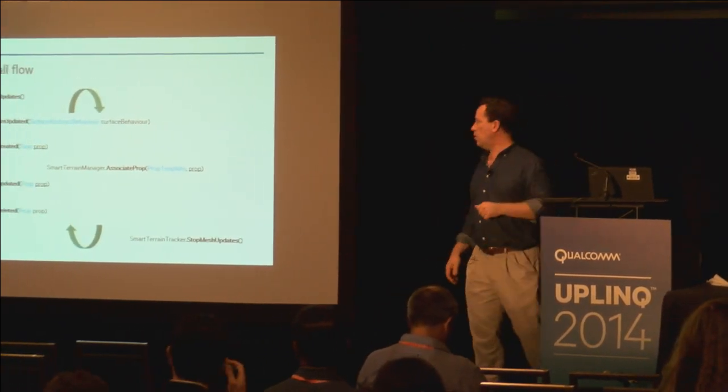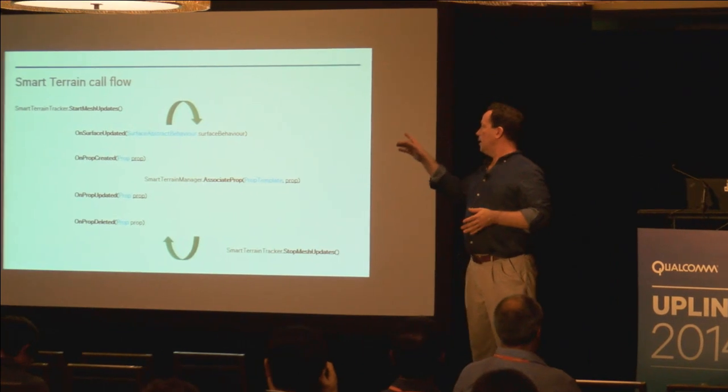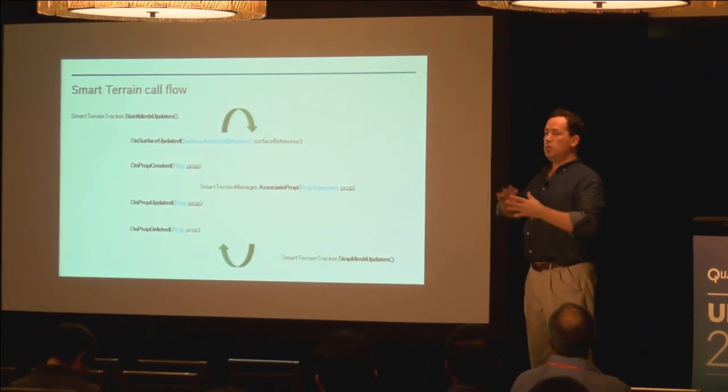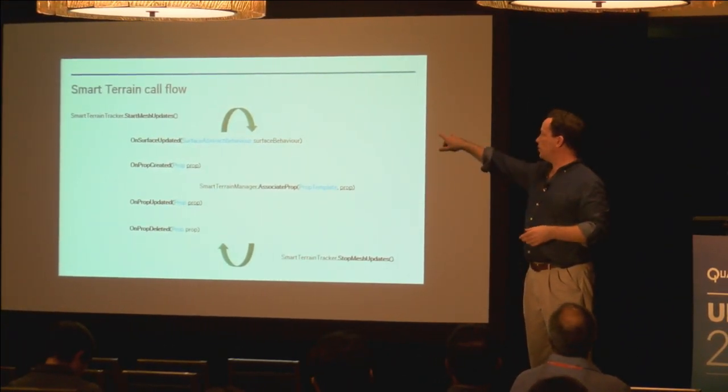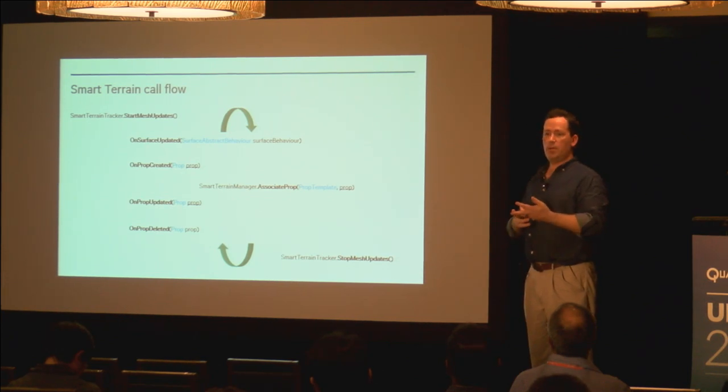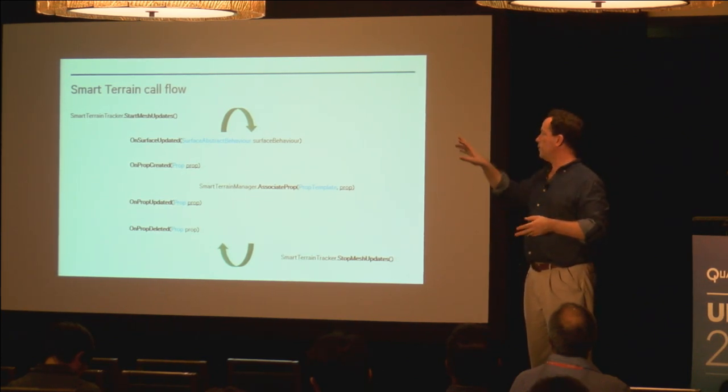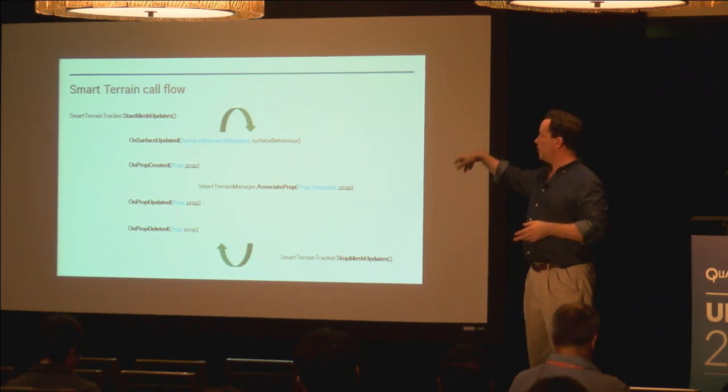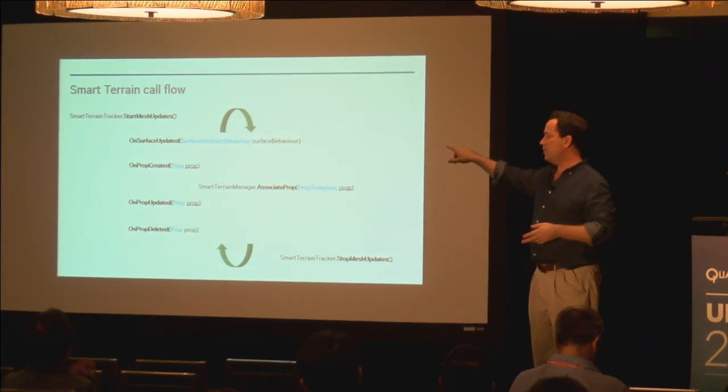So as far as the smart terrain call flow, it's really very basic. When you want to initialize the experience, you're starting mesh updates. So there's a smart terrain tracker object that you're referencing. You start mesh updates on the object. Once that's begun, the initialization has occurred, and this is all automated. So you're going to begin on a frame-by-frame basis to get